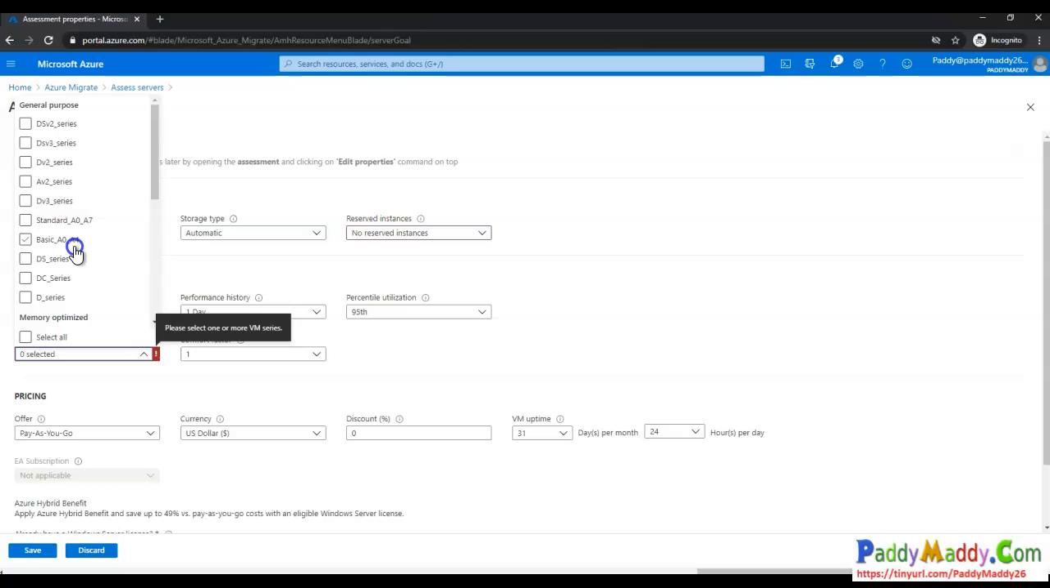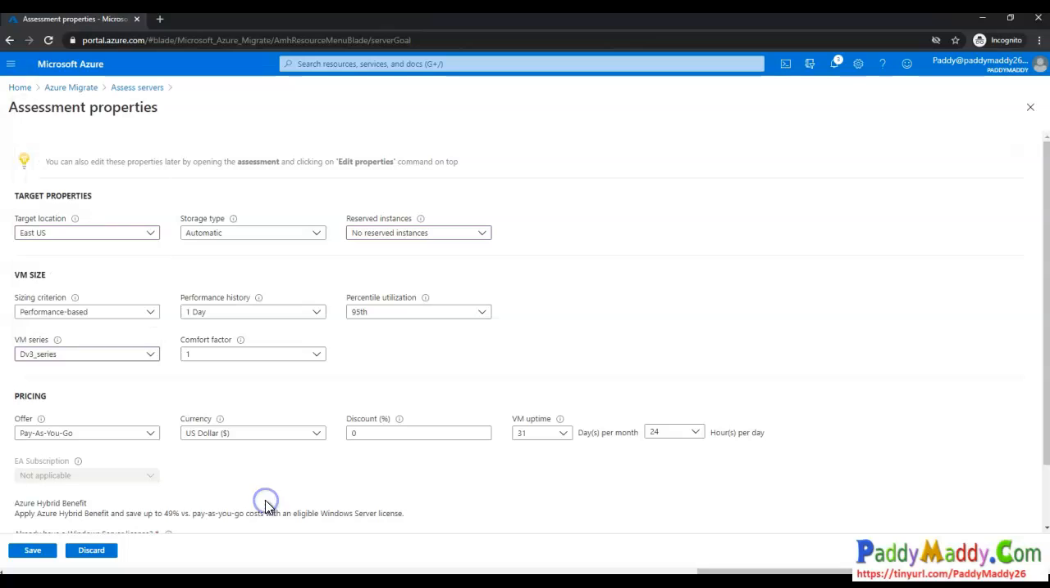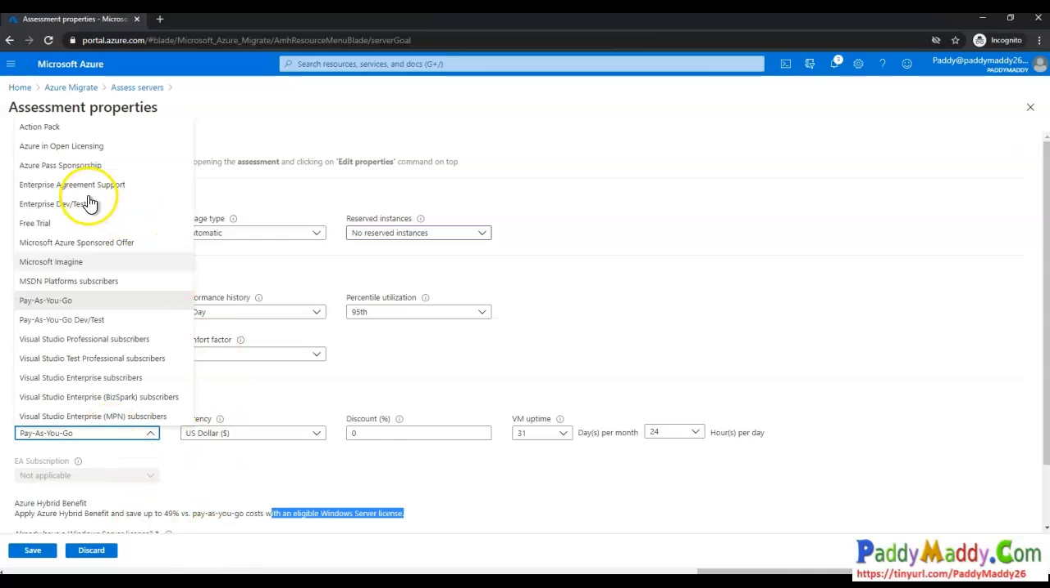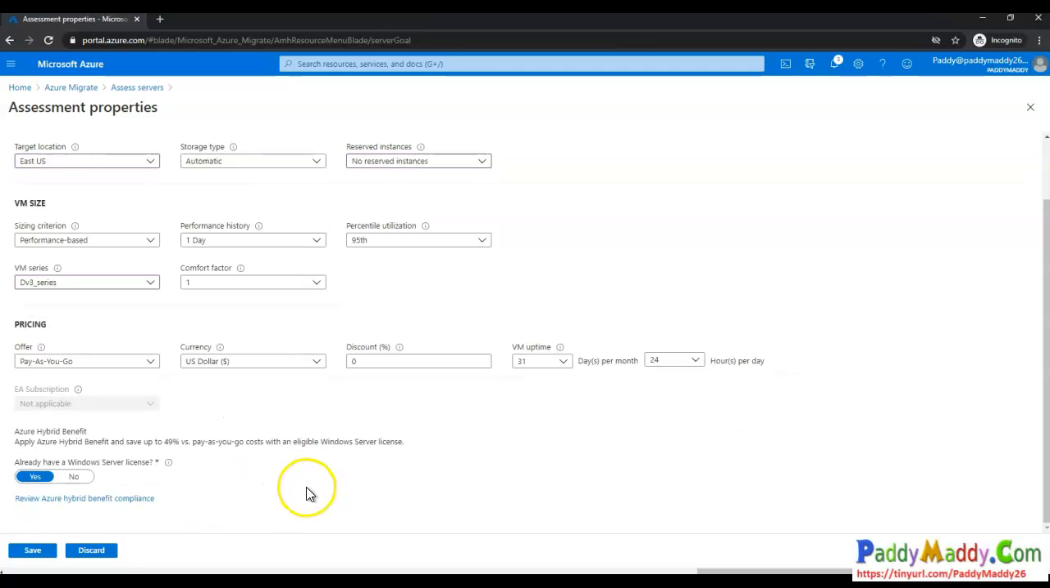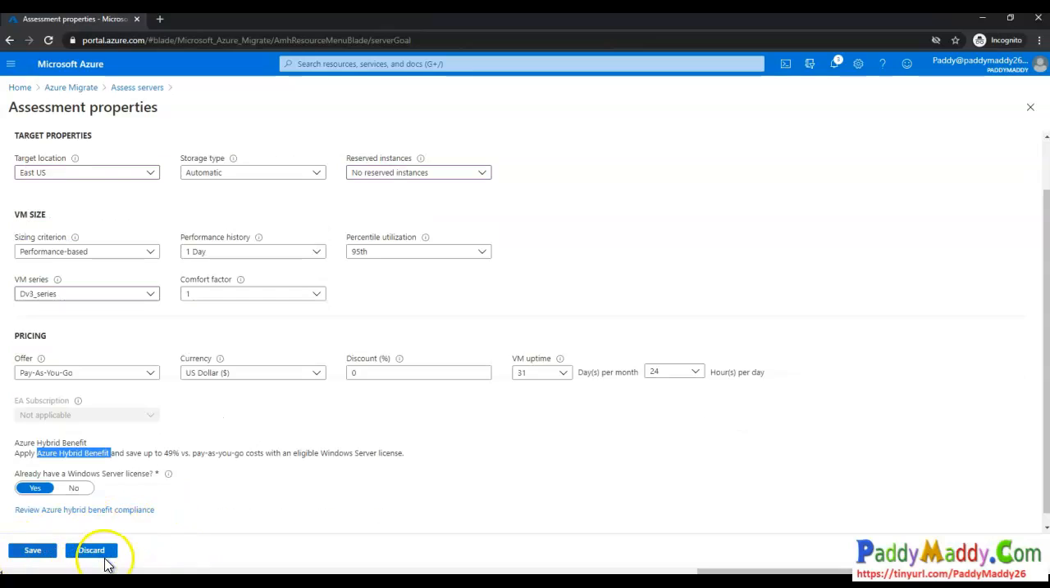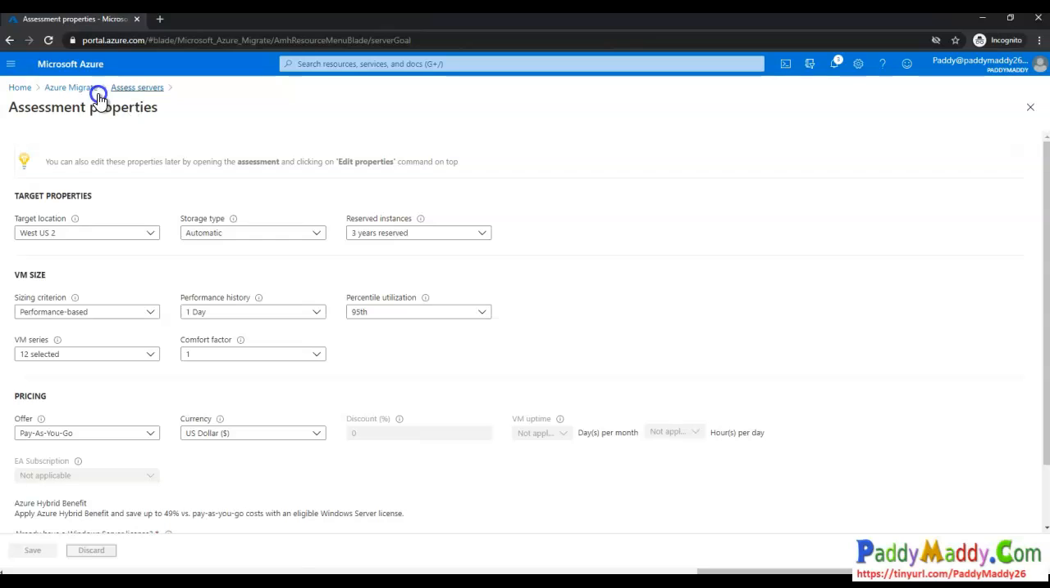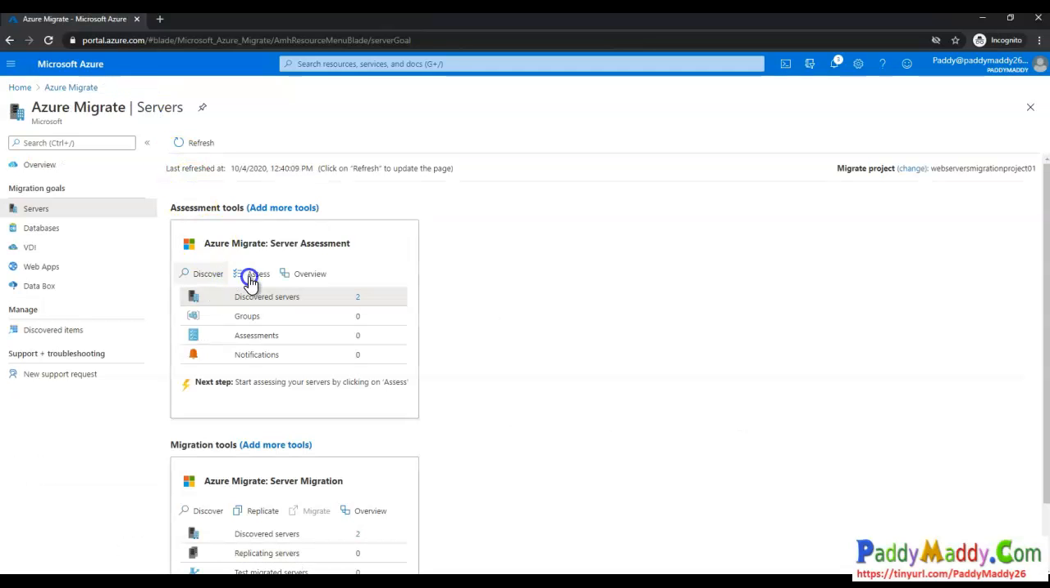Why we are talking about all this is that based on this information, you are getting the assessment information. So if you are sure that this is what you want, you can simply save. In my case, I just want to go for the built-in because there's nothing much for me, instead of pay as you go, because mine is pay as you go. If needed, I can choose other offers. And also if you have Windows licensing, you can choose the hybrid licensing option also. So I'm just discarding these changes. I'll simply go back here for